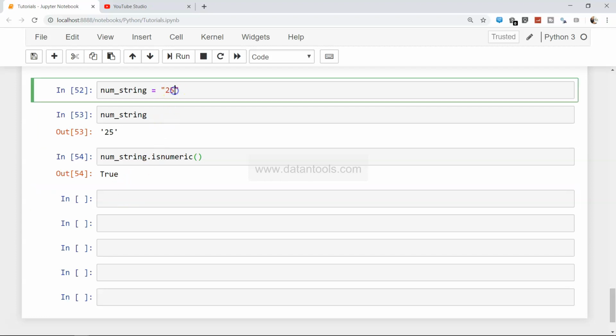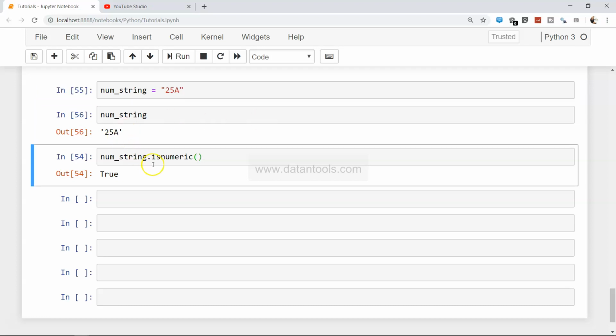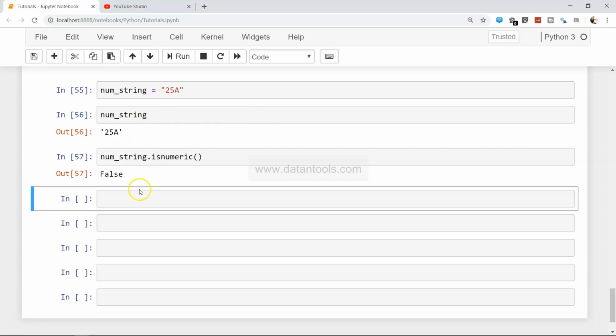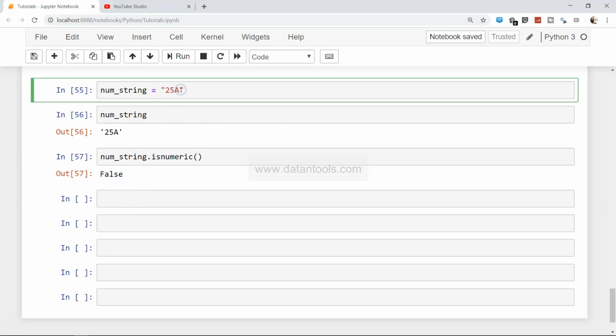But if it has something like 25A, let's say a airline seat number, 25A, 25B, 25C, which is actually not a number. Once you execute this, it becomes 25A, and now if we check, it will return False because it has identified the